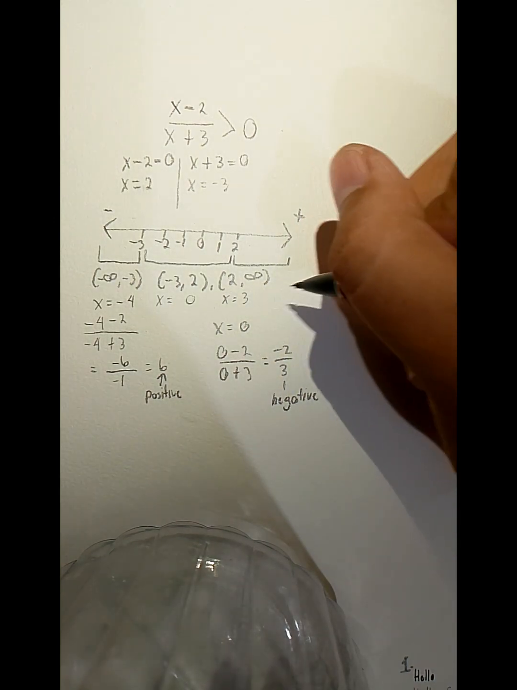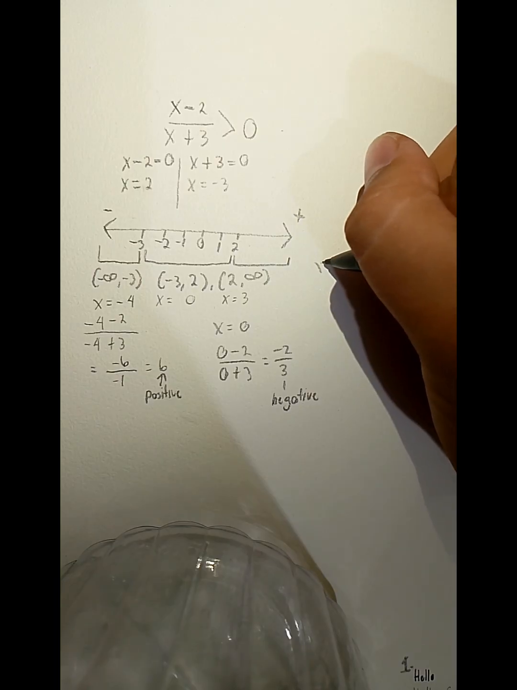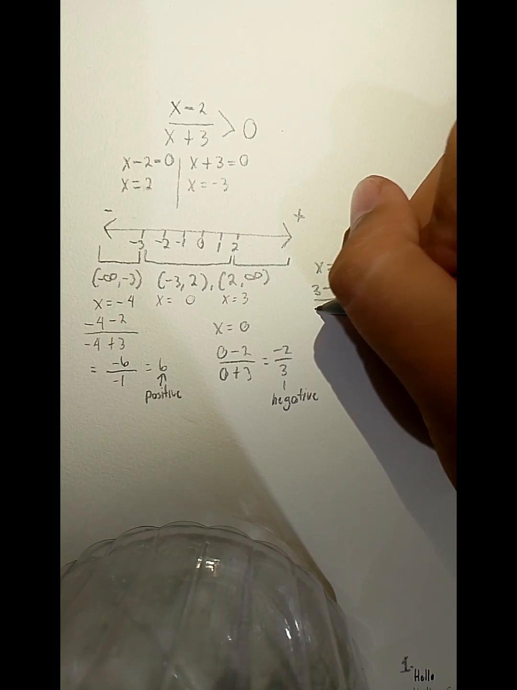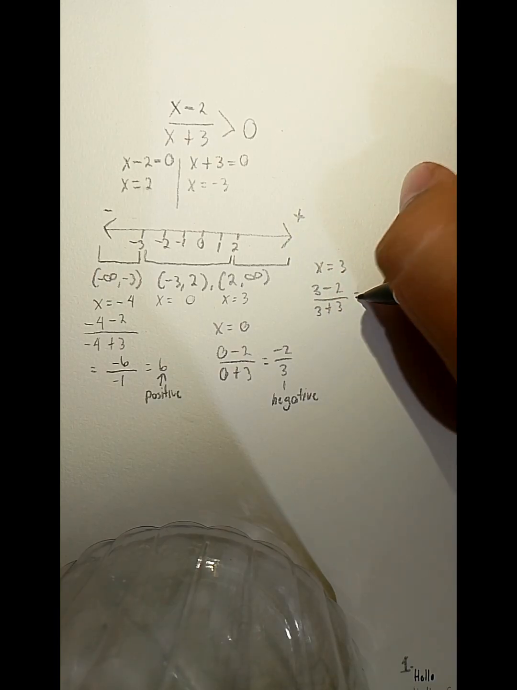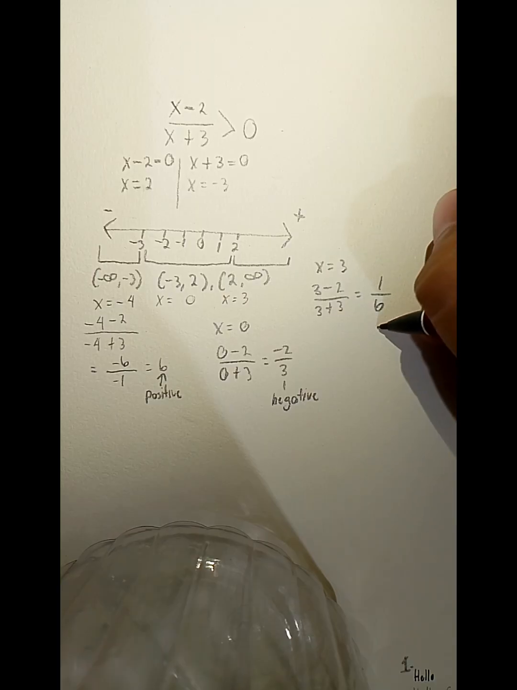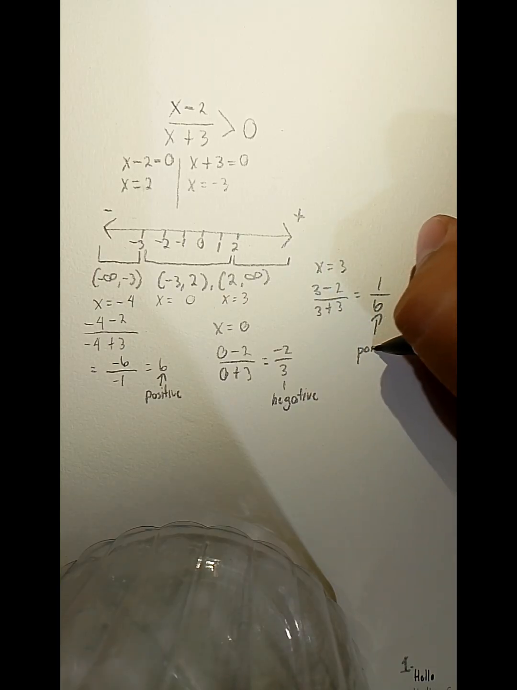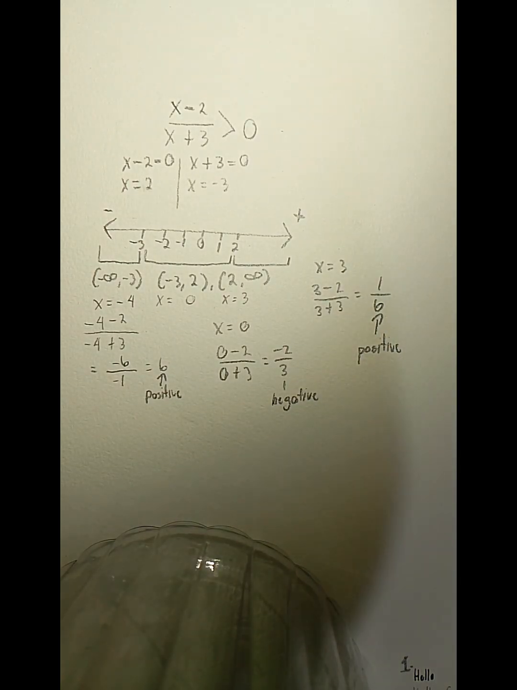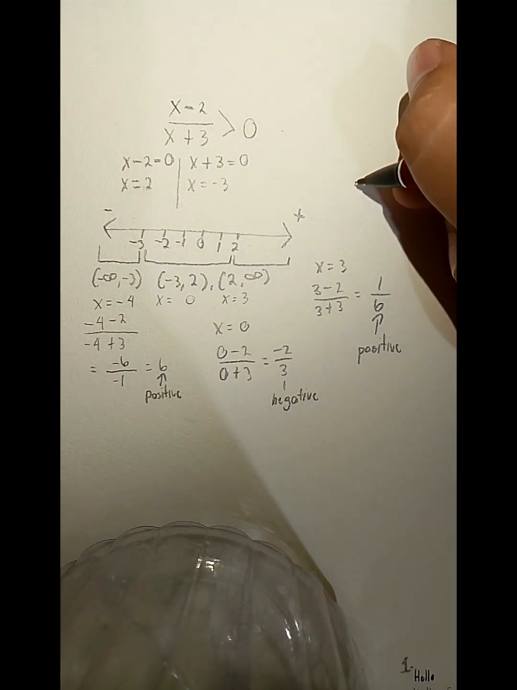And for the last point, x equals 3: 3 minus 2 over 3 plus 3 equals 1 over 6. Since this is positive, it will be marked positive. Okay, since the greater than symbol is the one we used, we don't include the points where the fraction equals 0 or is undefined. So our final answer is